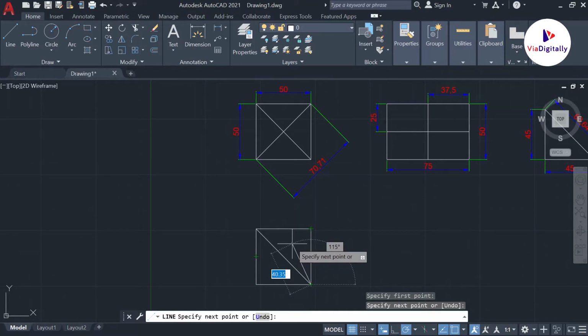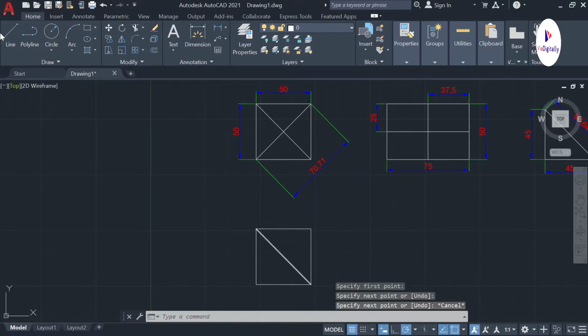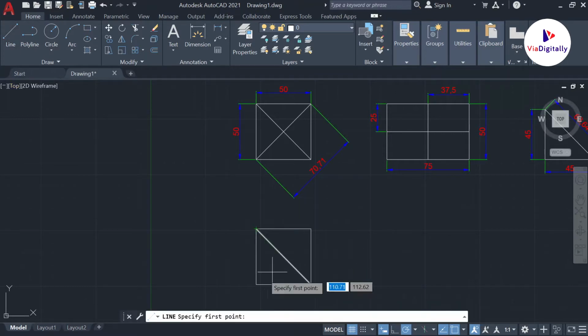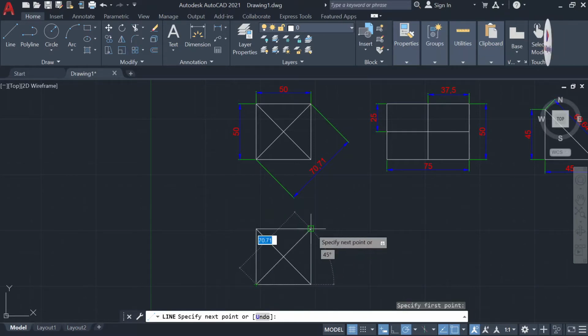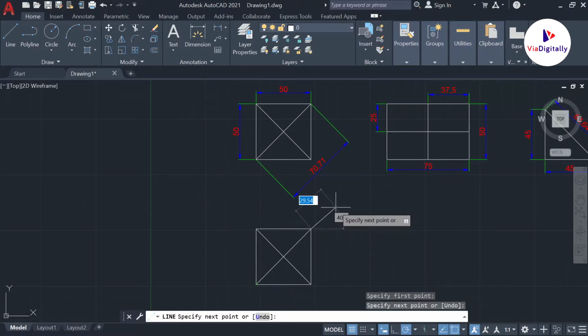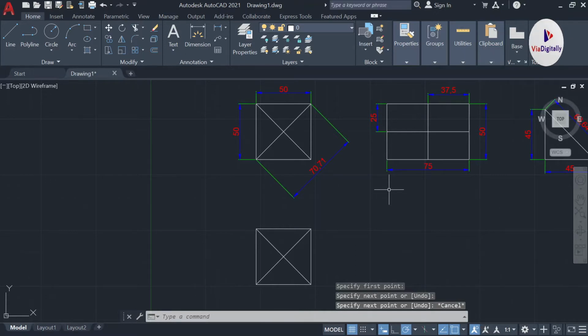Once I draw this line, I need to press escape to get out of the command, and then to draw the second diagonal I need to take the line command again and click on the other point and the opposite point. Without OSnap on, this green colored square cannot be visible. The OSnap command will help us to determine the points of joints, midpoints, perpendicular bisectors or whatever, according to our requirements. So our first one is completed.